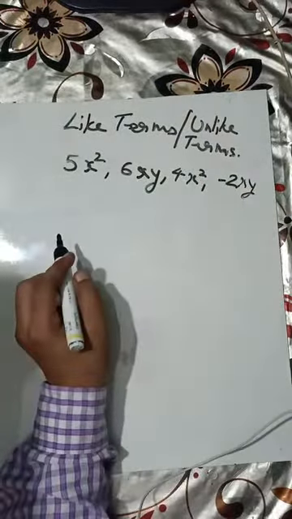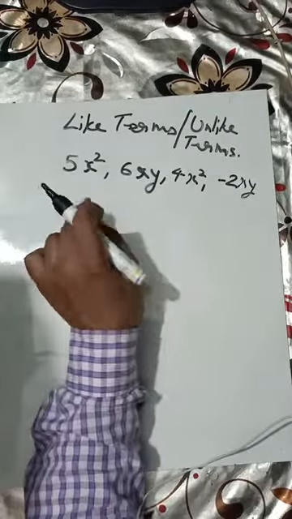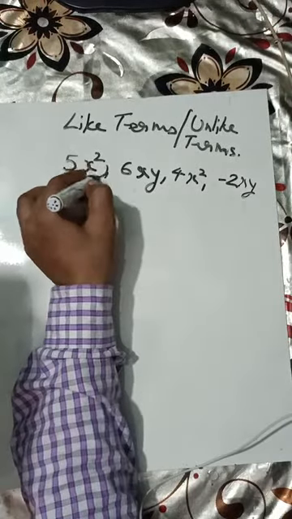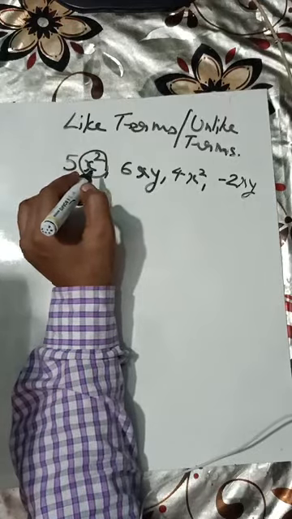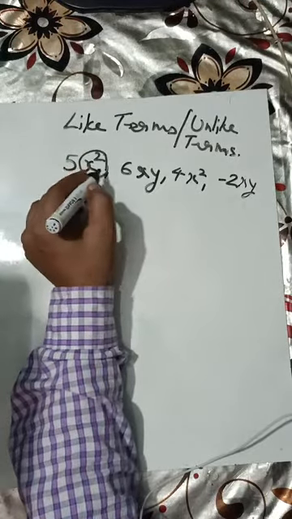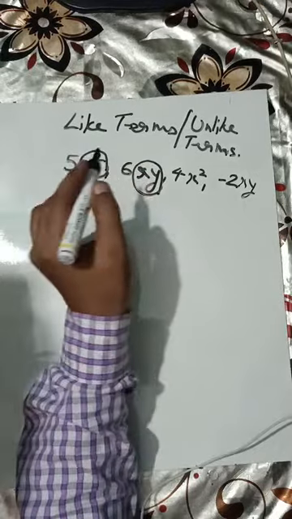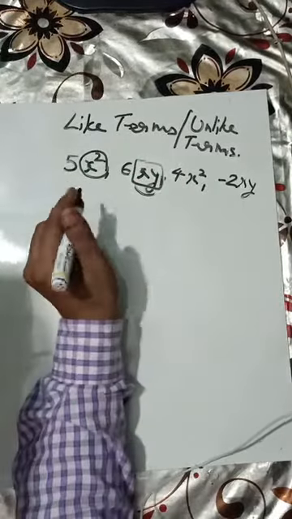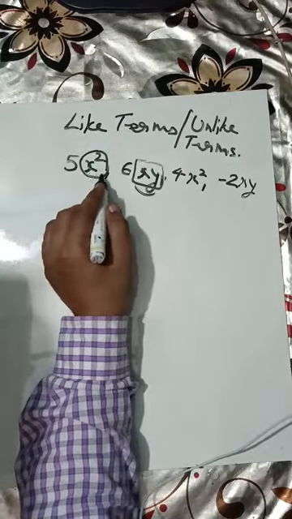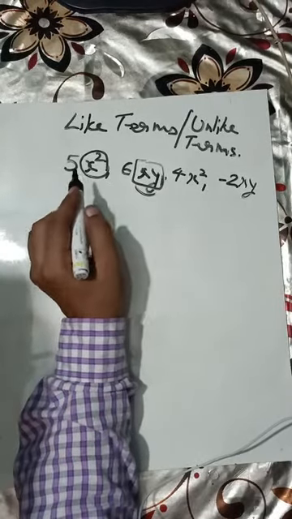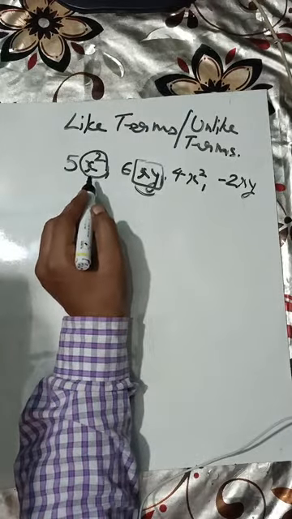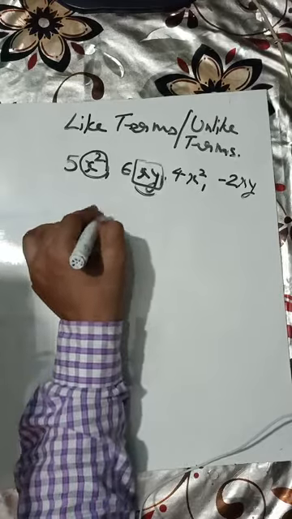So if I have to find out the like terms in this, I told you we look for the variable parts here. What is the variable part here? You can say variable coefficient also. You have a literal coefficient. Literal coefficient is x square. Now the like term of this term will be... but before that let me explain in a different way. If you see the x square in a mirror, it will look x square.